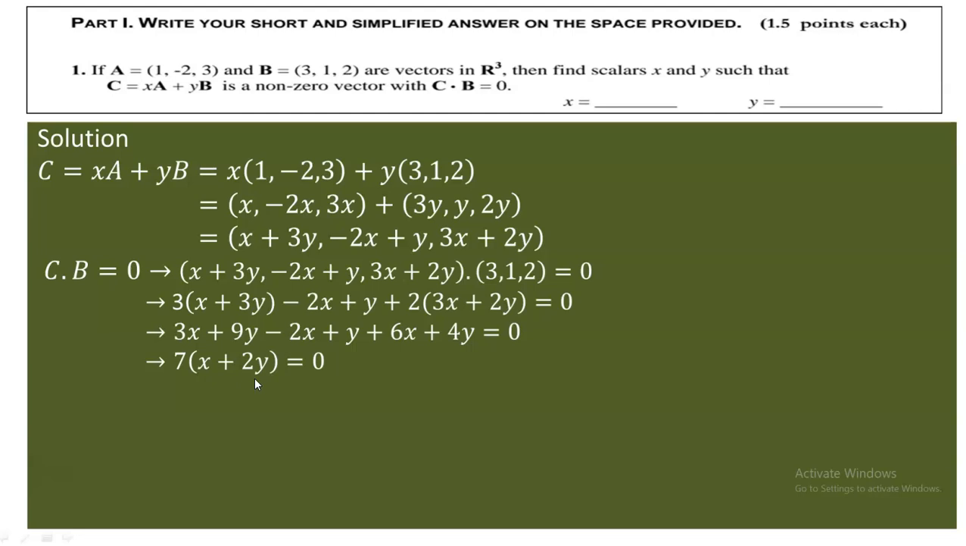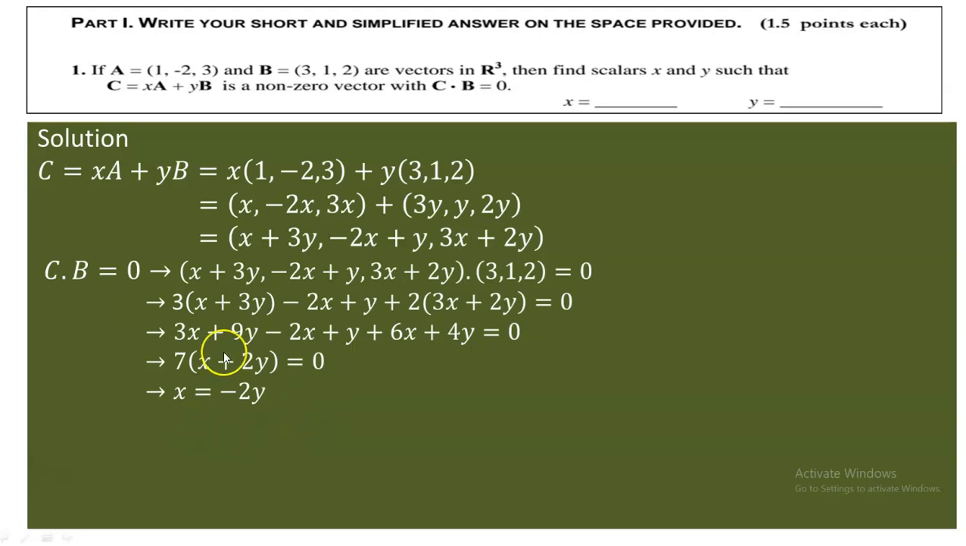Now it's very simple again to divide the entire equation by 7. So in doing that, you will have only x plus 2y. So x plus 2y equals 0, meaning just taking this plus 2y to the right, x equals minus 2y is going to come. So look, you now have a lot of different real values for x and y,